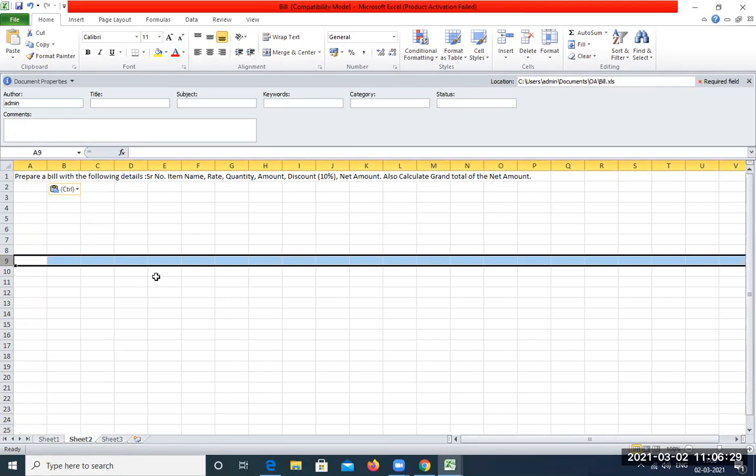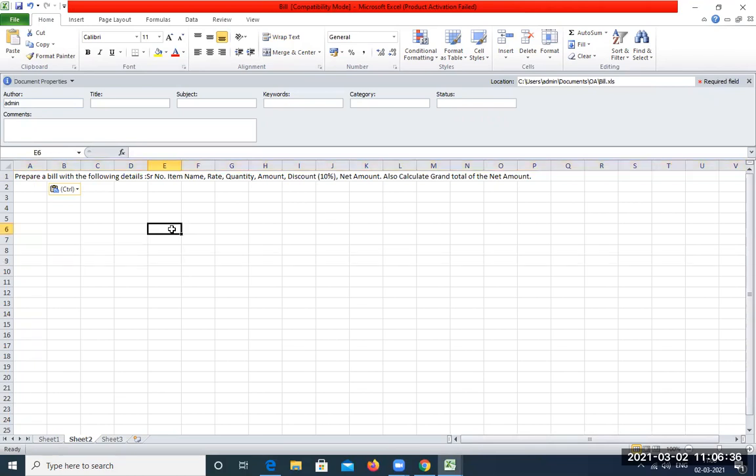So let's start with our second term work. First we shall design the table. I'm going to select a cell here and edit it by double clicking, and I'm going to type serial number. Next is going to be item name.